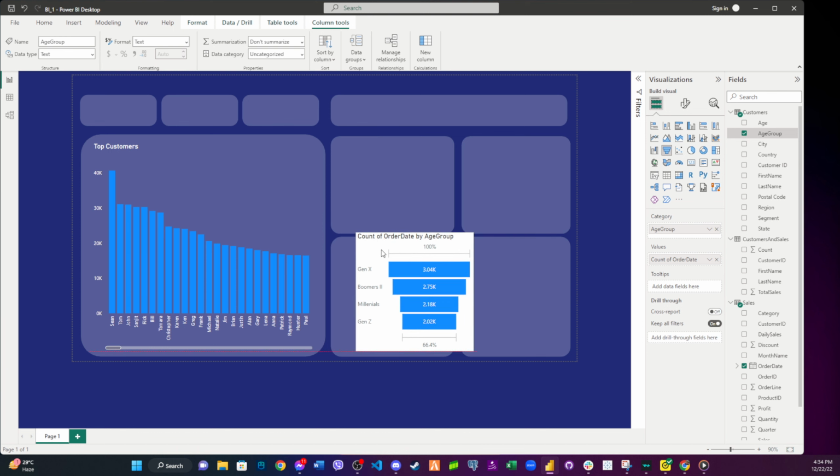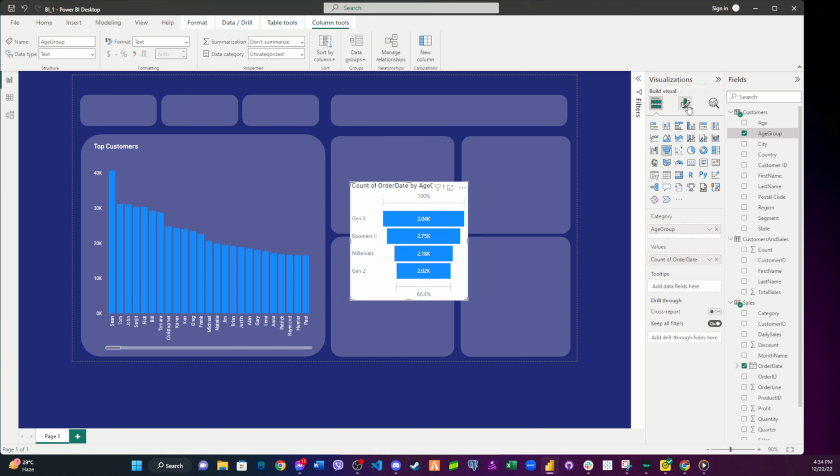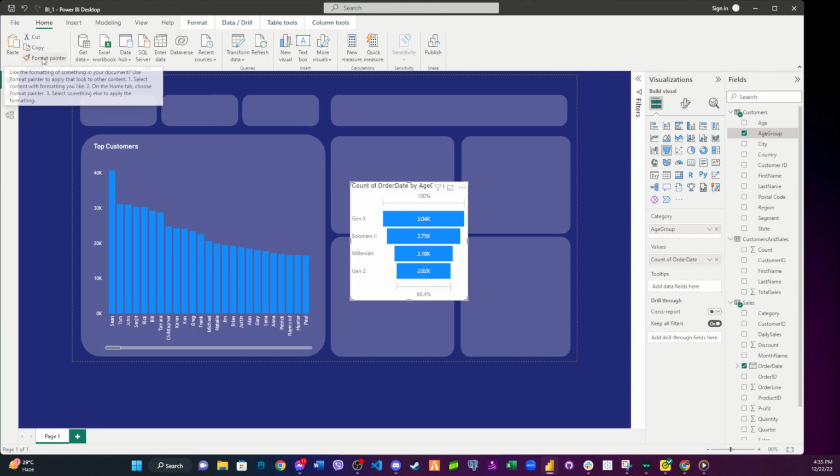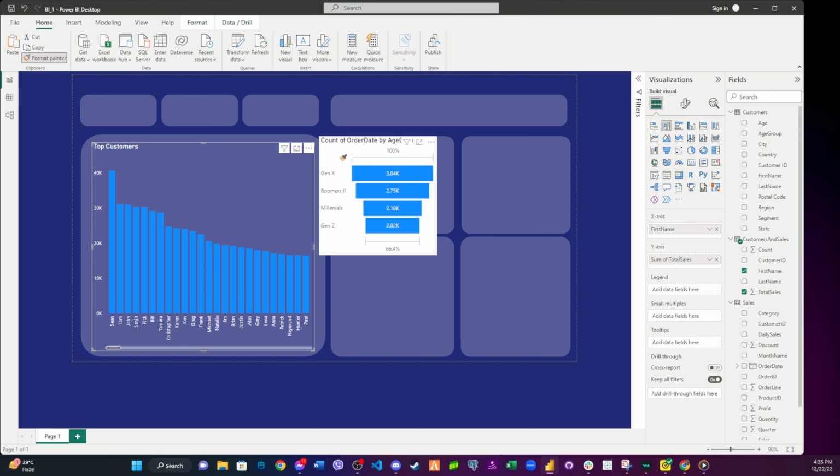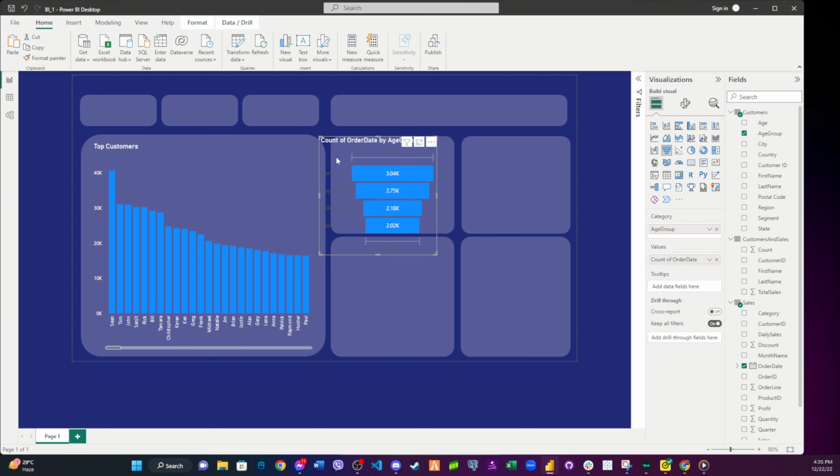So before I put that inside the panel, let me just quickly change the format. I think what I can do here is the format painter. Is it possible? Okay, format painter. Yeah, so I can do the format painter. So what I did there is,